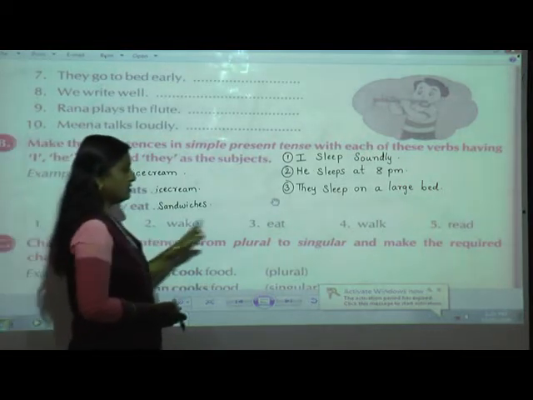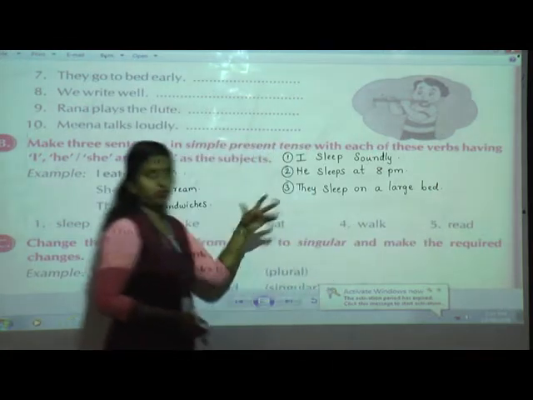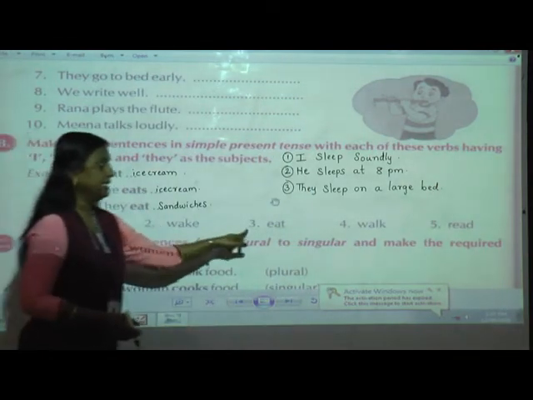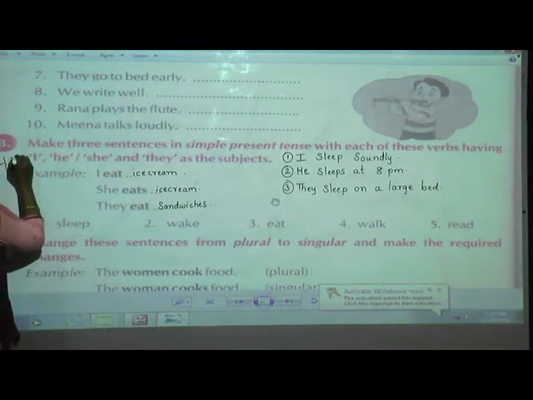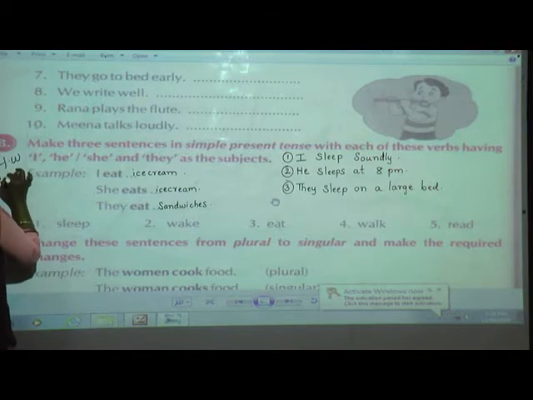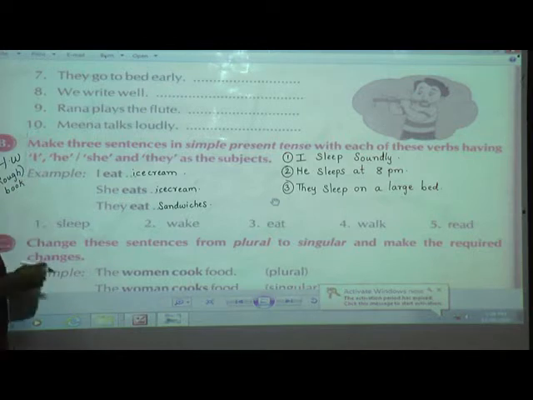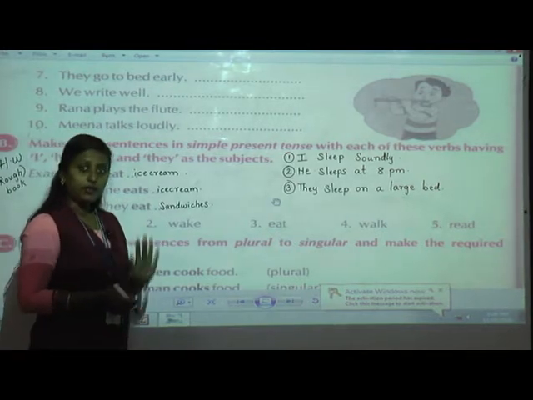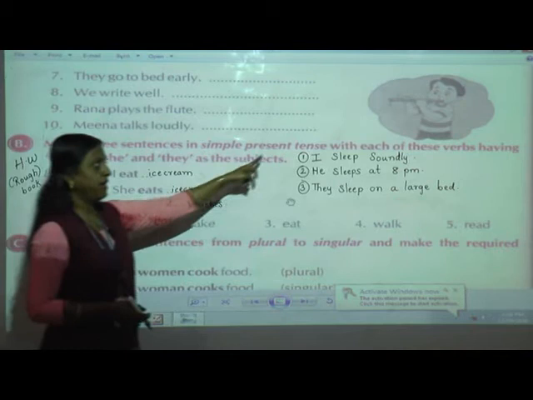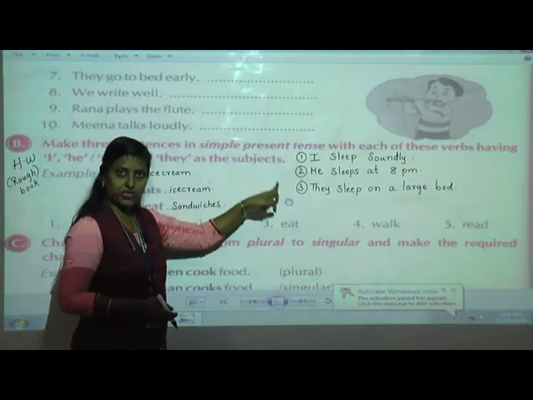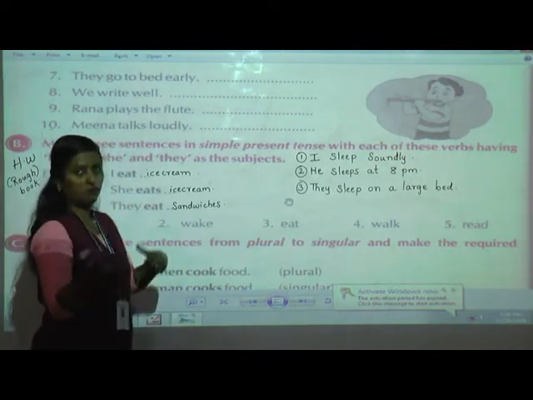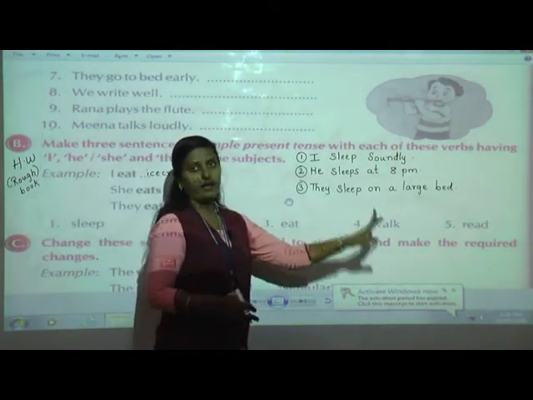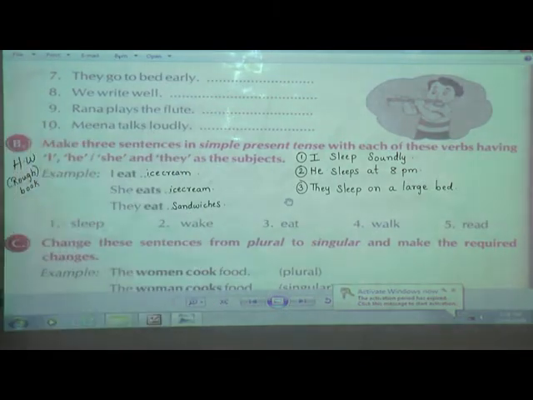The remaining four, that is 2, 3, 4, 5, whatever is left: wake, eat, walk, read, that will be homework for you and you have to do it in a rough notebook. Don't use any of the English CW or anything. You have to write on your own. You have to try how I have done over here. I have done 3 sentences for you. So you try with these 3. I wake up at so and so. She wakes up. Whatever is there. Eat, walk and read. Done?